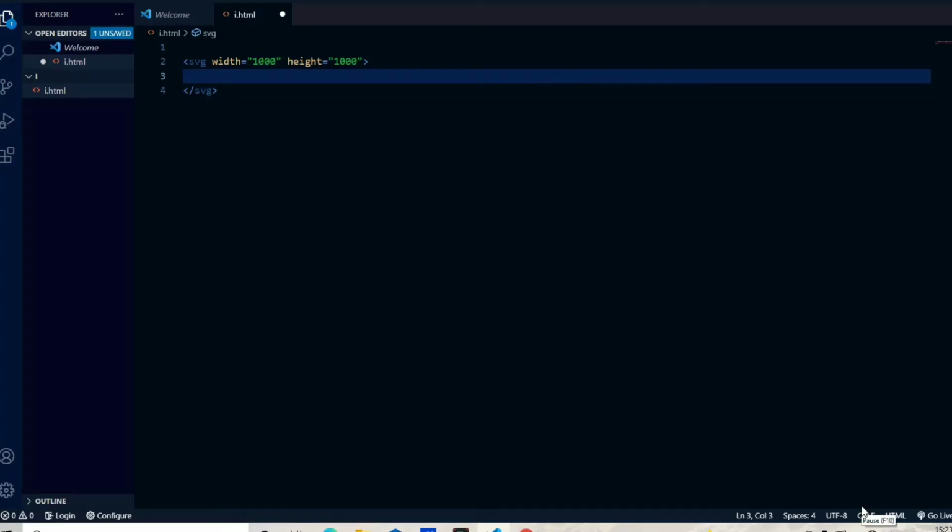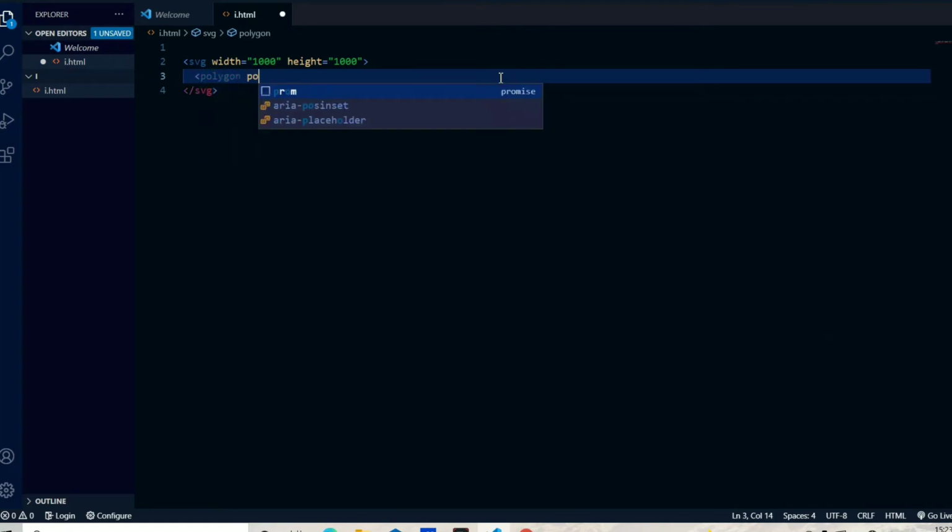Now we discuss the polygon. To draw the polygon, we have to use the tag polygon, and next we have to use the points. Points must be equal to 100, 200, 200, and 300, 0.